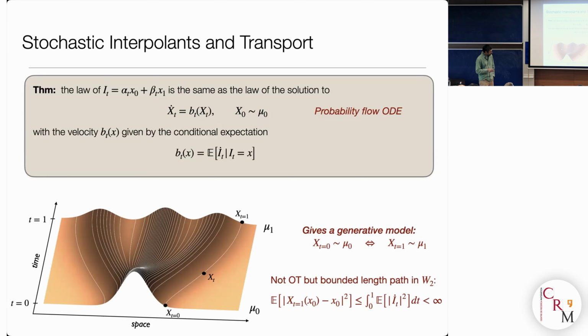That's a little remark about, you heard about optimal transport. This is not optimal transport. It's an exact transportation, but it's not optimal transport. But you can prove a very simple bound that shows that you can bound the length of the path in W2, or the map if you wish, simply through an integral of the interpolant. So you can use that to actually control the length. So it's not optimal, but it can be made fairly close very cheaply.